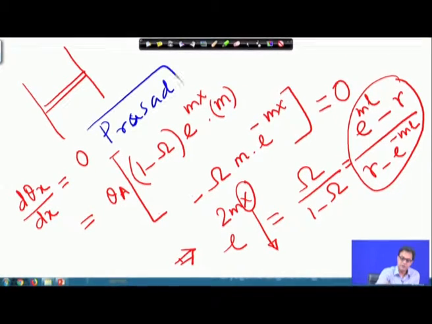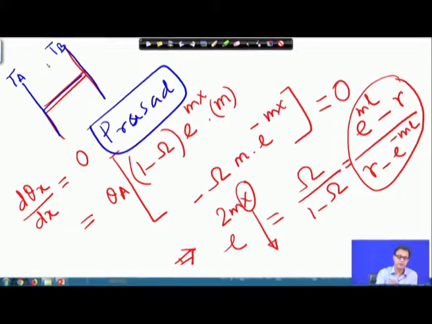P-R-A-S-A-D, and it has been taken from International Journal of Heat and Mass Transfer, volume 39, issue 2 of 1996, or otherwise you can also refer to the book of Shah and Sekulic. There also this analysis is available. So, if we have this fin connecting between these two walls which are at say T A, T B, and they are connected by a fin of length L, and we are trying to find out where the extremum is located depending on the